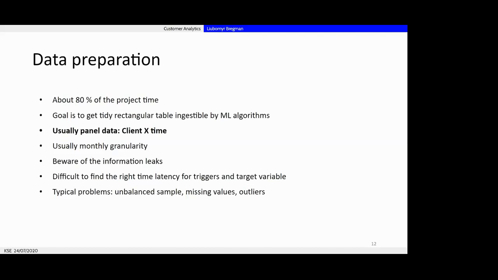And it's always hard to measure some good triggers. In most cases, people just don't communicate. The reality is that when you build this kind of churn prediction, most of your data are actually zeros.